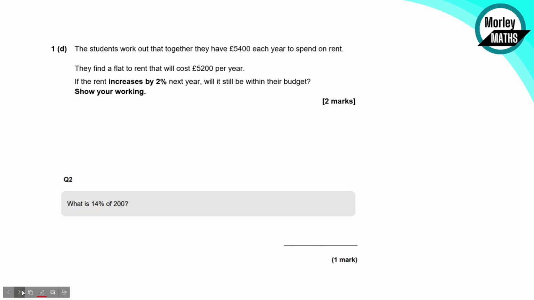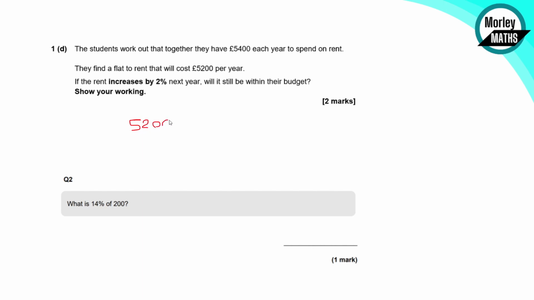Okay, so we've got a few exam questions now. So the students work out together, they've got £5,400 each to spend on rent. They find a flat that will cost £5,200 per year. If the rent increases by 2% next year, will it still be within the budget? Show your workings. So with this one then, we've got